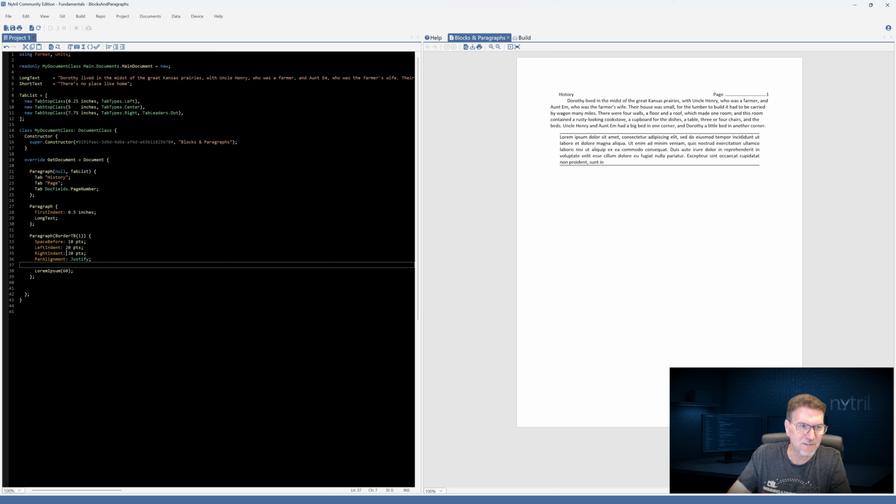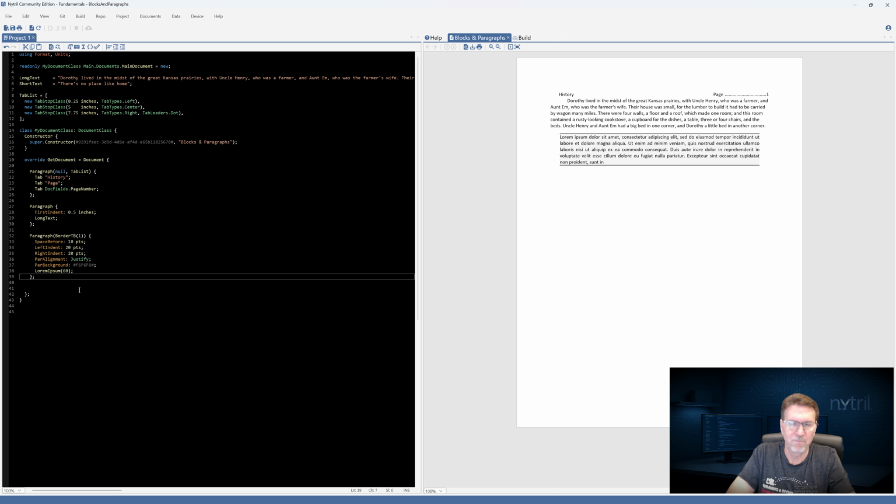And last but not least, let's go ahead and throw in a property here for the background color. So we're going to use par background, and we're going to give that a color. Actually, I'm going to give that a web color here, since none of the default colors are light enough. I want this to be super light. So we're going to do F6. That'll be a super light gray. There we go. So we quickly formatted ourselves a nice call out in our document.